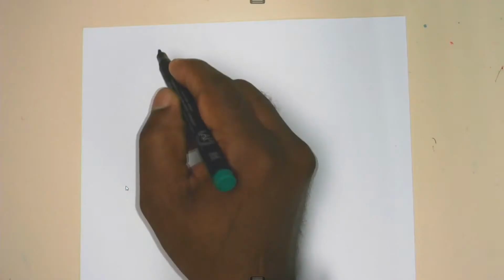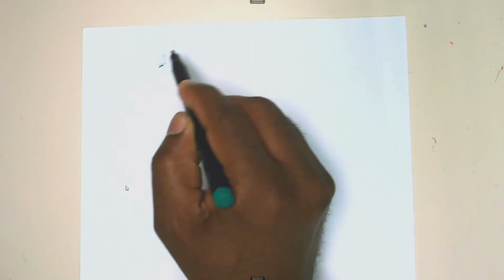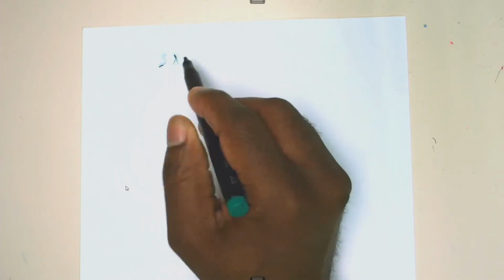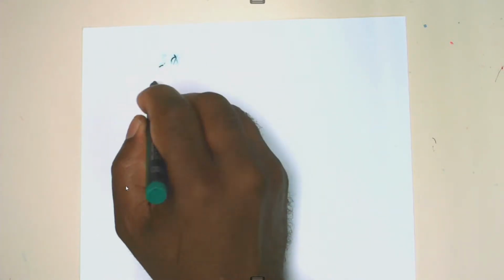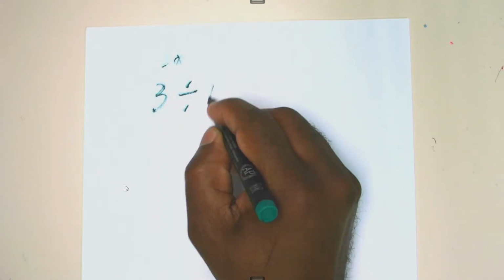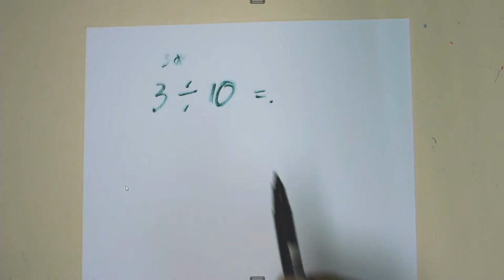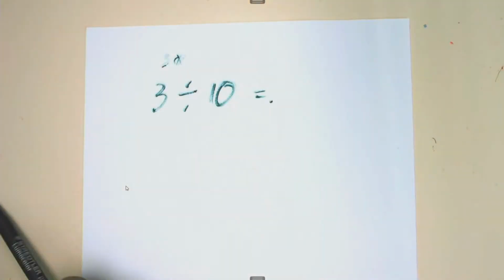Right. What are we having here, colleagues? Or my kids? Let me just put it nicely so that you can see. Right. People will say, when you multiply 3, or when you divide, no, it's 3 divided by 10,